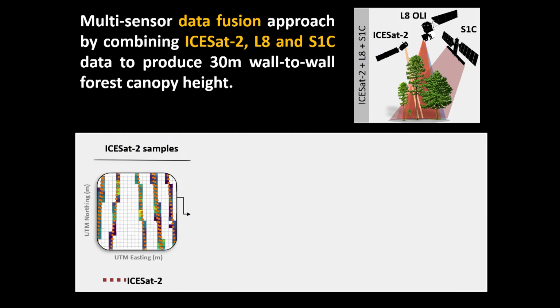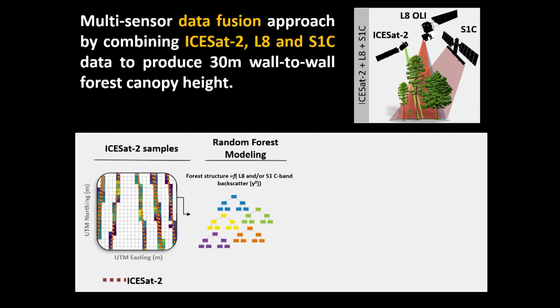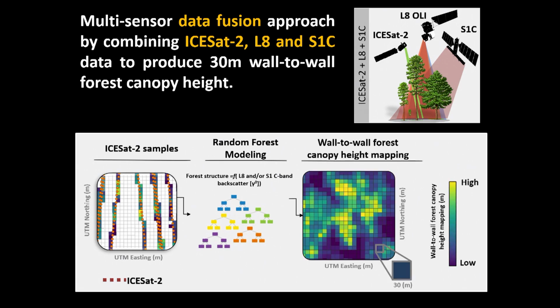And then you can see on this illustration that in the area, there is a lot of empty space. So that's not what the land managers want. They want to have wall-to-wall maps, right? So then we can use the sparse canopy height estimates from ICESat-2 and integrate that in an AI model. Here I'm just illustrating a simple random forest model that worked well for us, but we're testing deep learning approaches as well. So once I develop my model, I can then apply it across the landscape and get wall-to-wall maps, right?